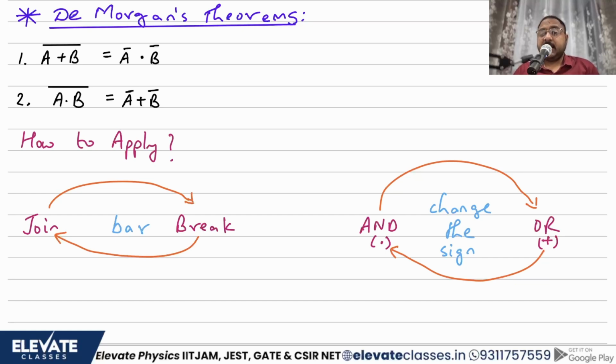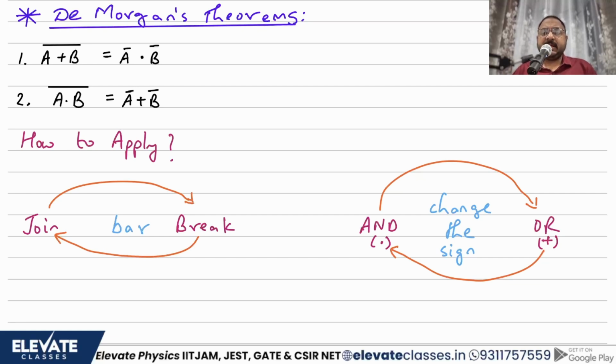Anyways, many times it is very easy for students to apply De Morgan's theorem in a very simple setting, but the moment the expression gets complicated, students are slightly nervous and are not certain how to apply it. So I would just like to mention a very simple way to apply this. You'll find this in a couple of good digital textbooks.